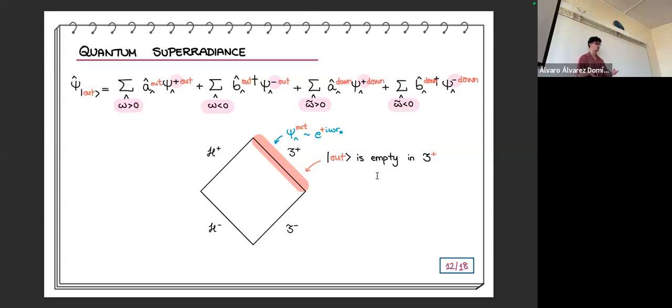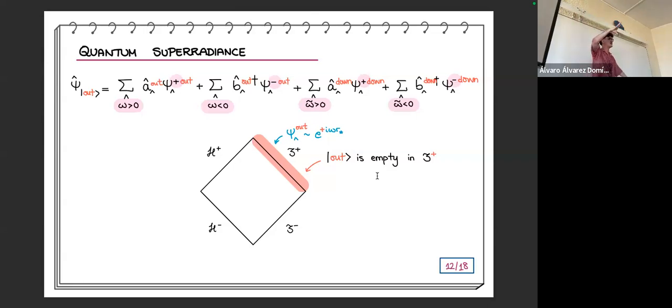Okay? What happens now, you remember? Well, now we have an out quantum vacuum. But remember that basically this choice is just the time reverse of the other one. So physically, this out quantum vacuum is empty, not in a square minus, but in a square plus. It doesn't have particles, but only in a square plus. And yes, I mean that particles are created in the other part of the Venn diagram. It's only empty in that way.